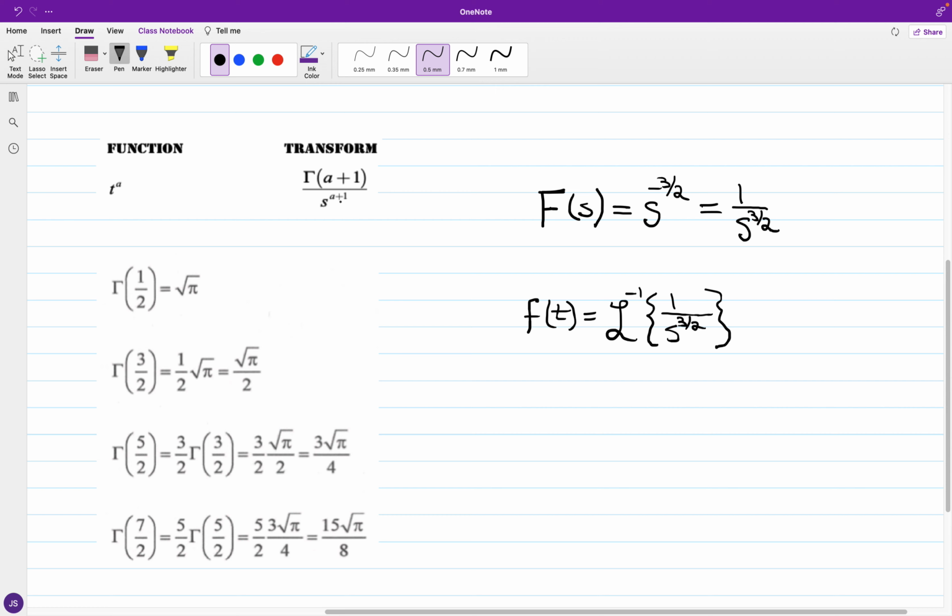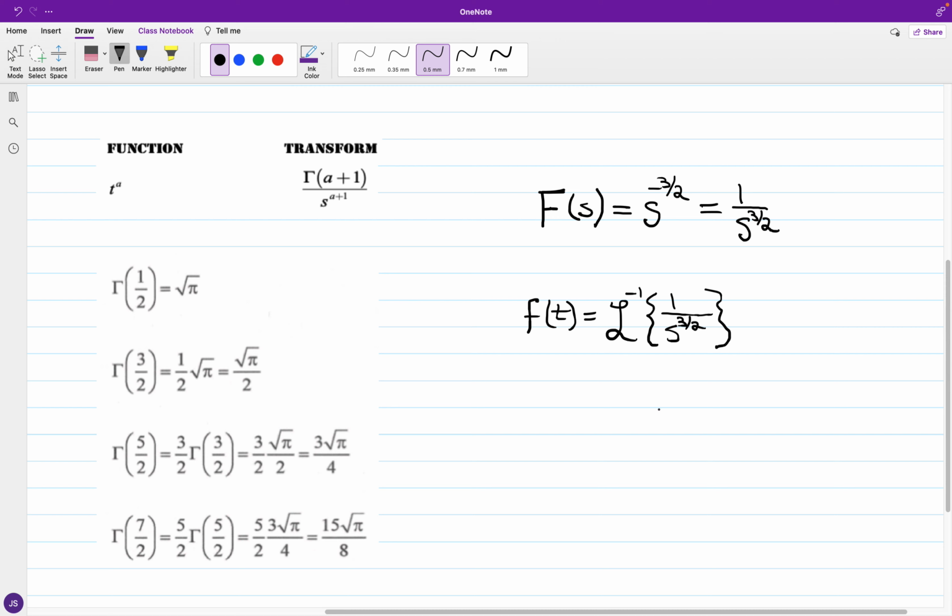And if you notice, for the inverse Laplace transform of 1 over s to the 3 halves, just to give you a little bit of a segue on this one,